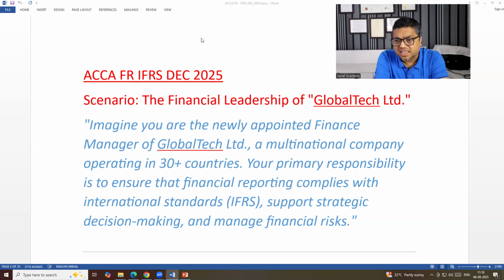So 2-3 things are extra for Diploma IFRS and CIMA students, which are not there for ACCA FR students. When I will be teaching those areas in 2-3 classes like today, and there will be approximately 2 more additional classes, I will not be calling them. In those classes only the Diploma IFRS and CIMA students will be there. But other than that, whatever I will be teaching for FR, that is there for Diploma IFRS, CIMA and CS.